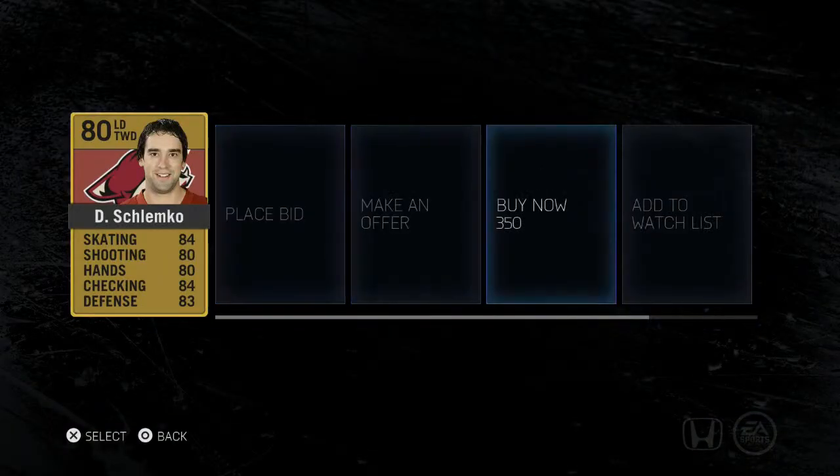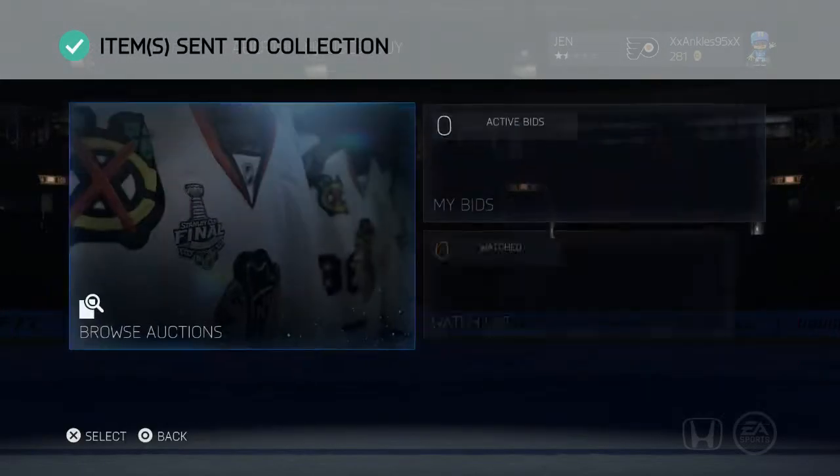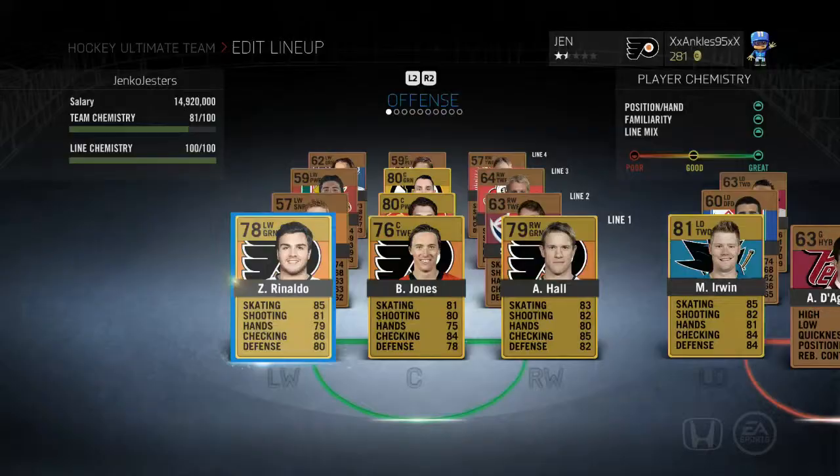We got ourselves a nice left defense as well: 84 skating, 80 shooting, and you can see the other stats there. He's pretty good. He's got 80 on the defense as well. So we decided to put these players into our lines and then get ourselves back ready for our third match